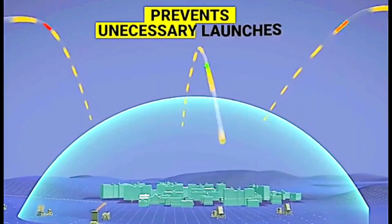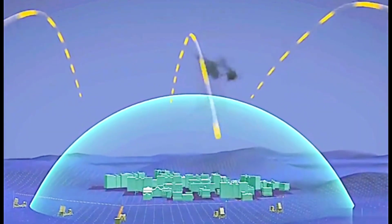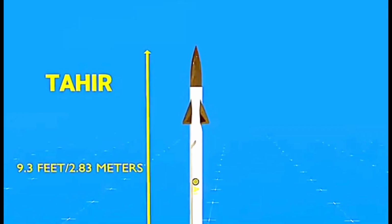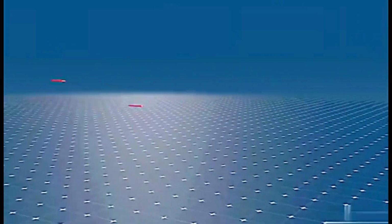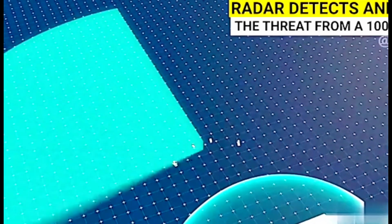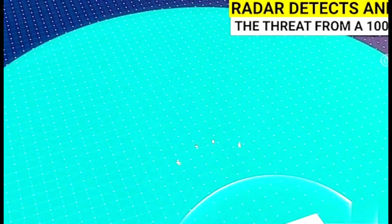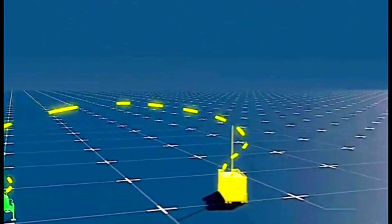Interestingly, this small interceptor missile can cover a range of 70 kilometers, even though it's only 2.8 meters tall and weighs just 90 kilograms. Here's the critical part. When multiple enemy missiles target a city, the Iron Dome defense system activates. The radar can detect threats within 100 kilometers, then sends the data to the Battle Command System, which sends commands